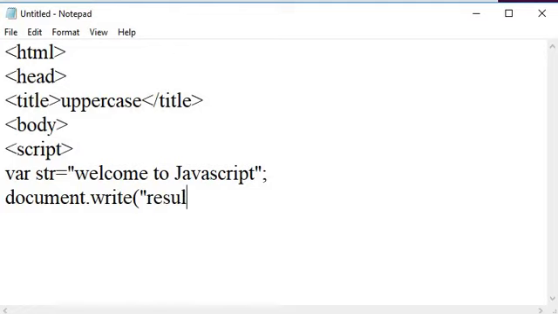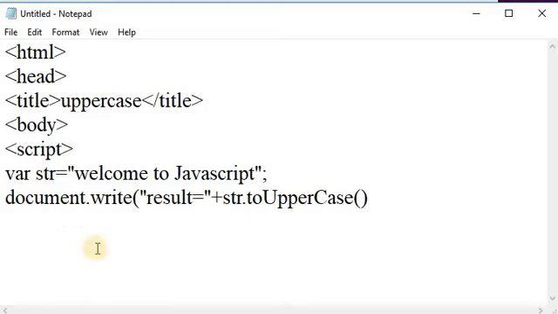Here result is equal to str.toUpperCase() to write in capital letters.